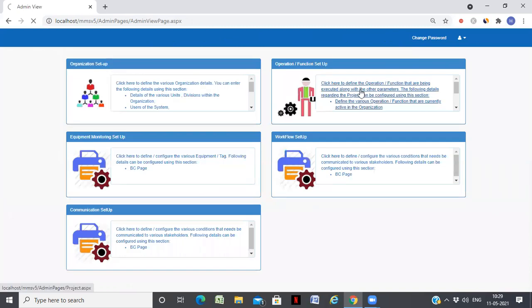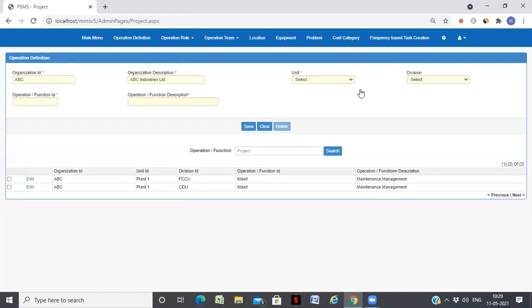Now in terms of functions, basically this application is a common application. You can link to any of the applications, like if you want incident management, you can develop it and configure it here. What we have done is for each of these plants, we have created maintenance as a function. For example, if you take plant one and crude unit, we have defined maintenance as one function. Each plant will have this maintenance as a function. Tomorrow if you want to include incident management or permit tracking, you can have separate functions for each of these.